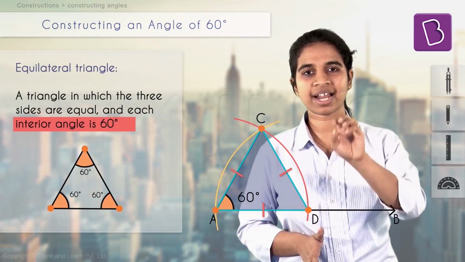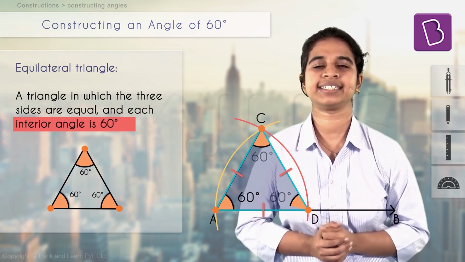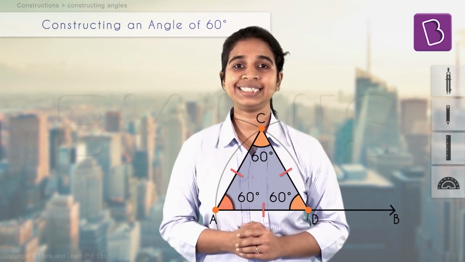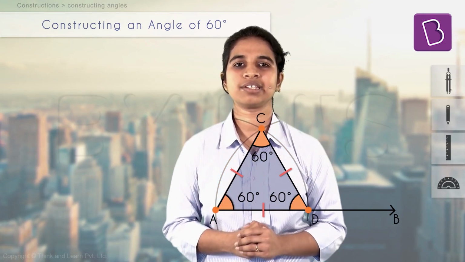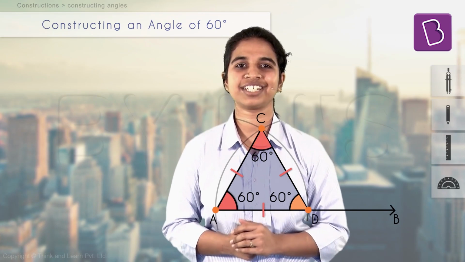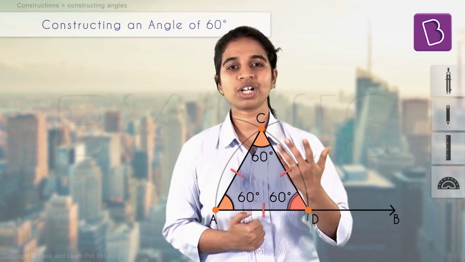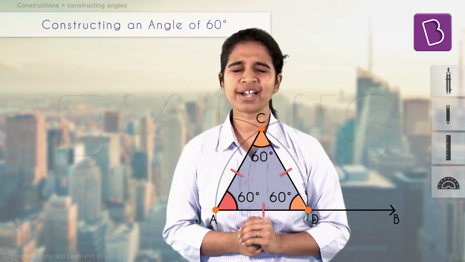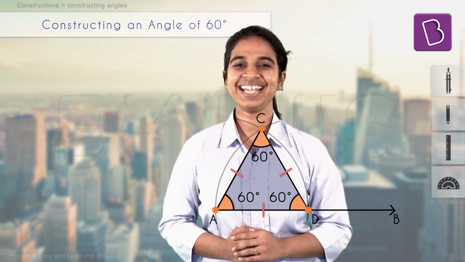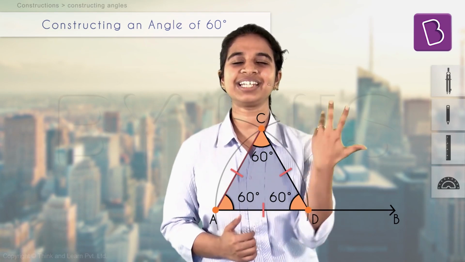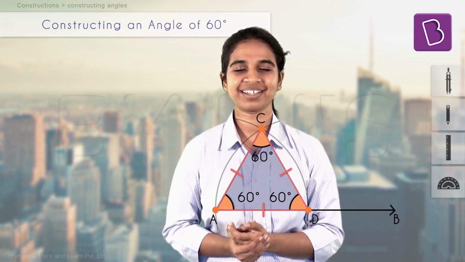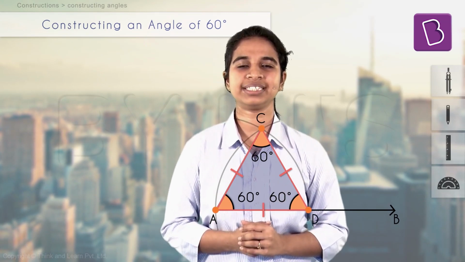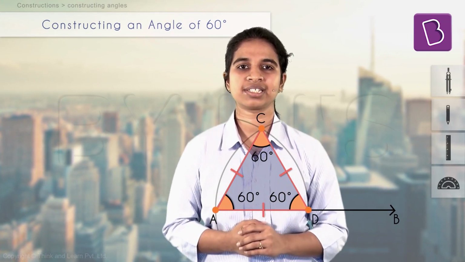Because it's an equilateral triangle, all three angles are 60 degrees. All of the angles are 60 degrees. That's why the angle CAB that we have is 60 degrees. You actually have three 60 degree angles that we've constructed here. We had to construct one angle at point A, which is this one. So it's an equilateral triangle. It's again SSS, right? It's one triangle in which all three sides are equal. It's not two triangles, but in some sense, again, you're just dealing with the three sides. That's how you get 60 degrees.